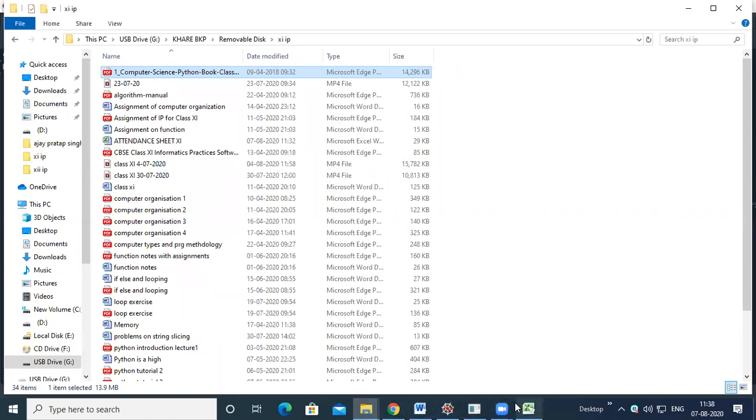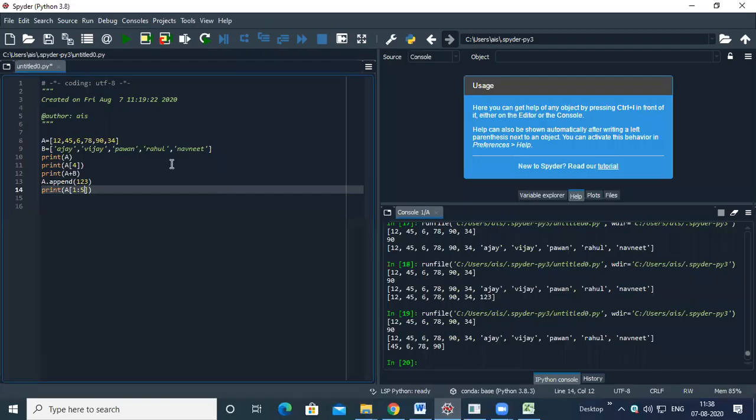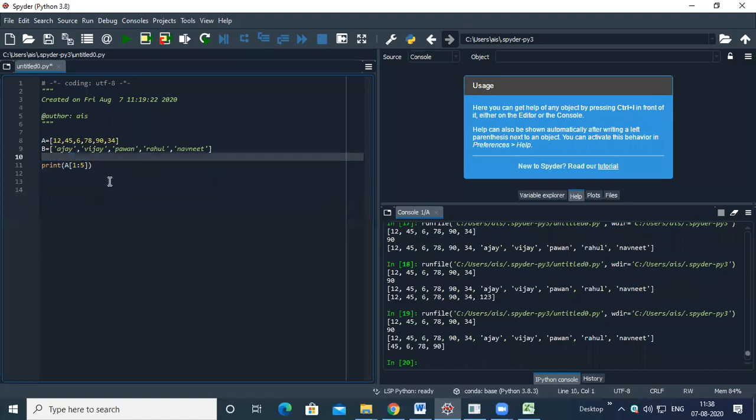Okay. And another command that I told you yesterday was for deleting the element. Suppose you want to delete an item from a list.